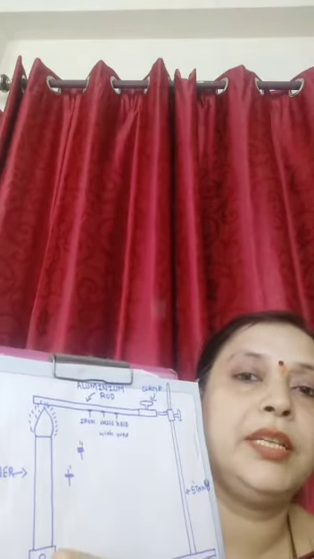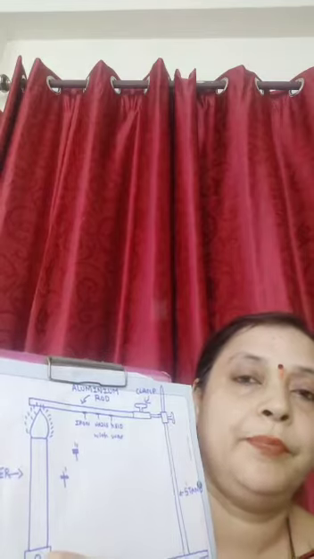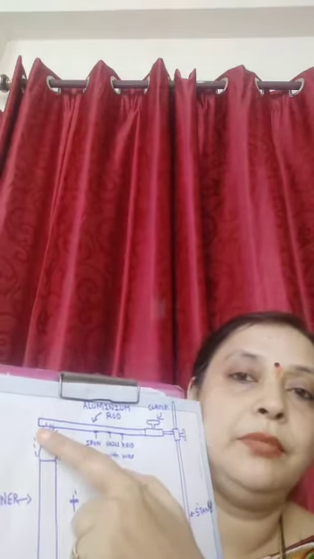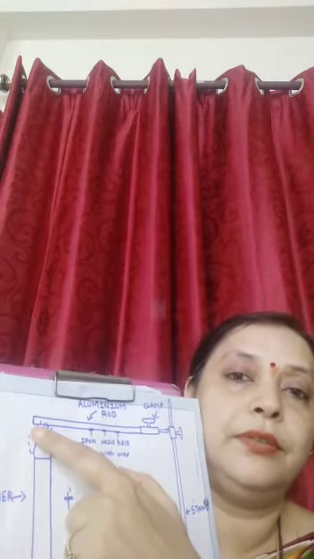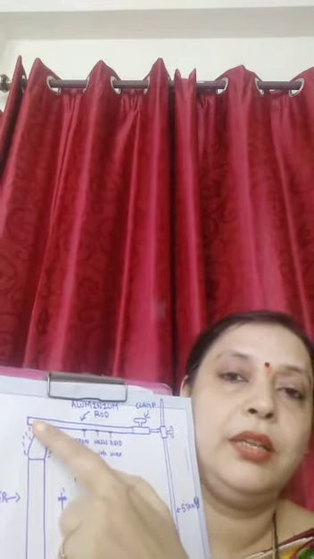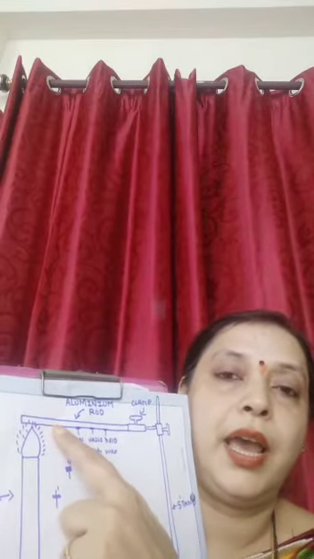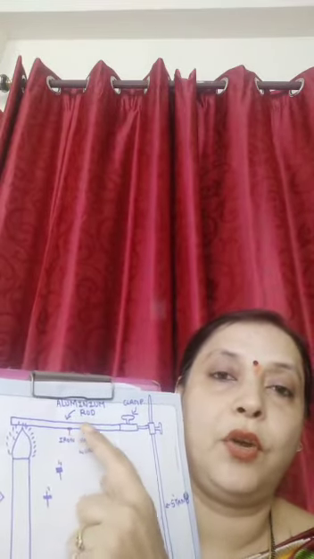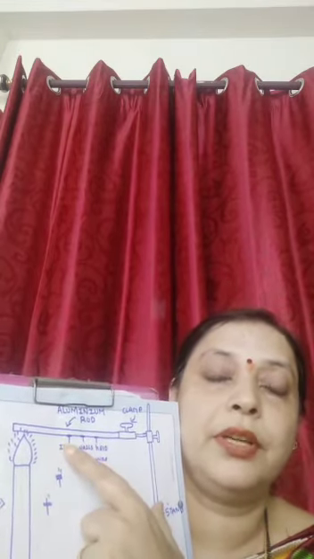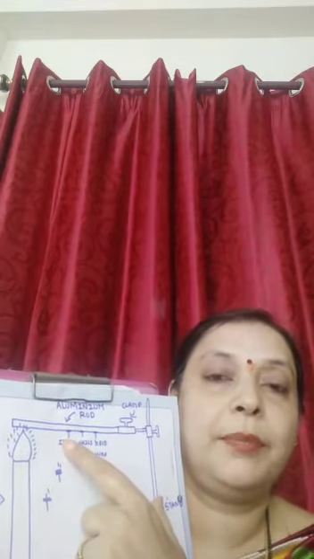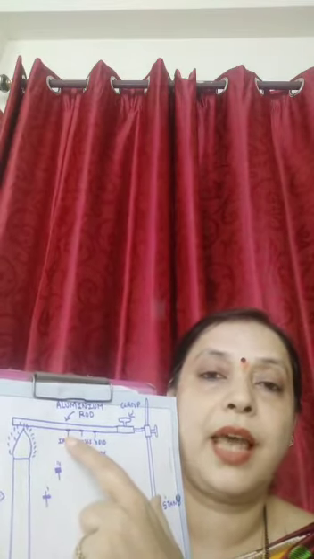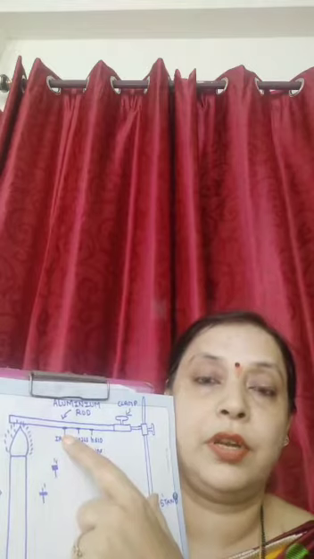When you heat one end of the aluminium rod, you will observe that this end first gets heated up and slowly the heat is transferred and moves to the other end of the aluminium rod. As soon as the heat transfers, what happens? The wax melts and these iron nails fall down.